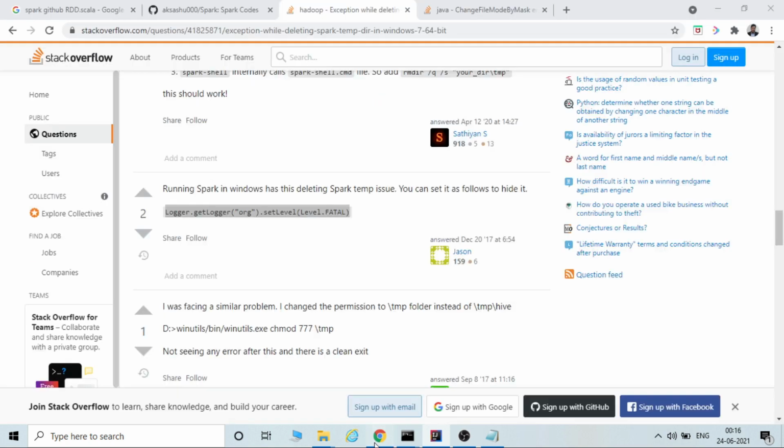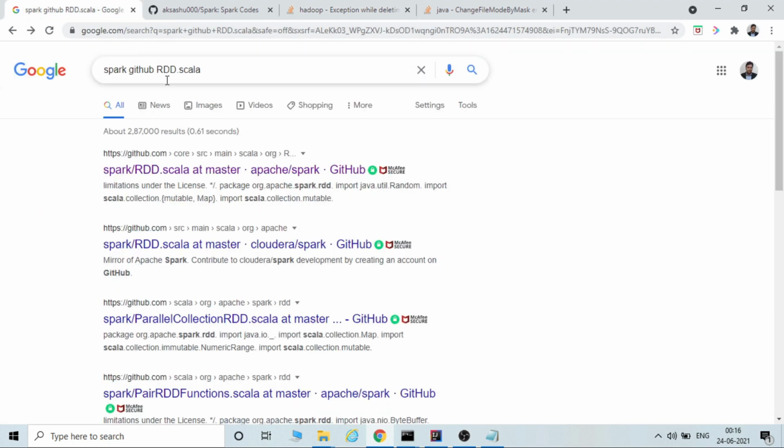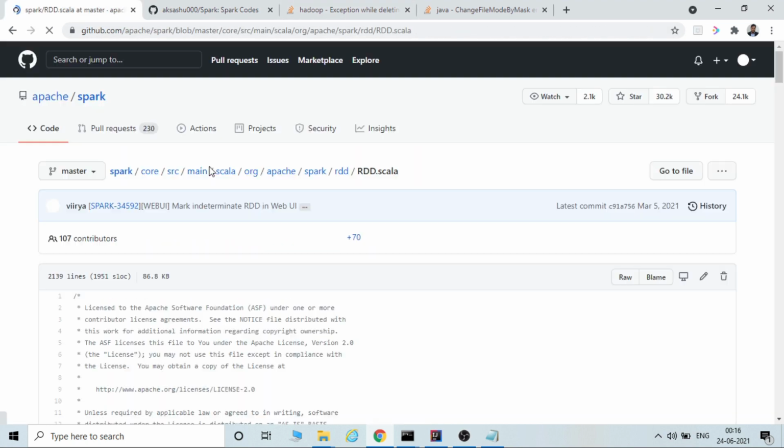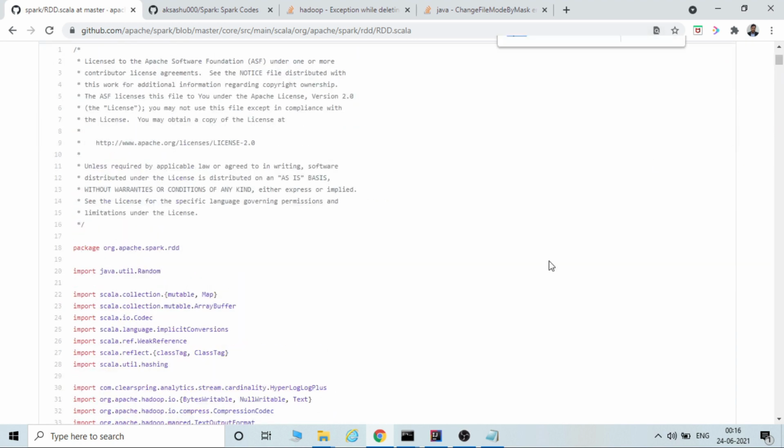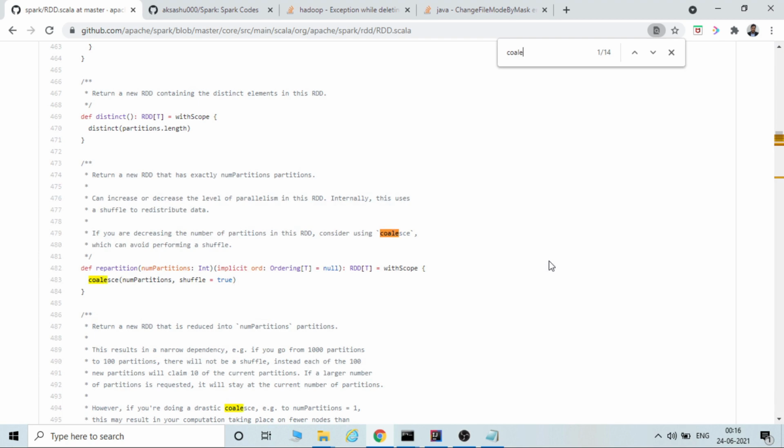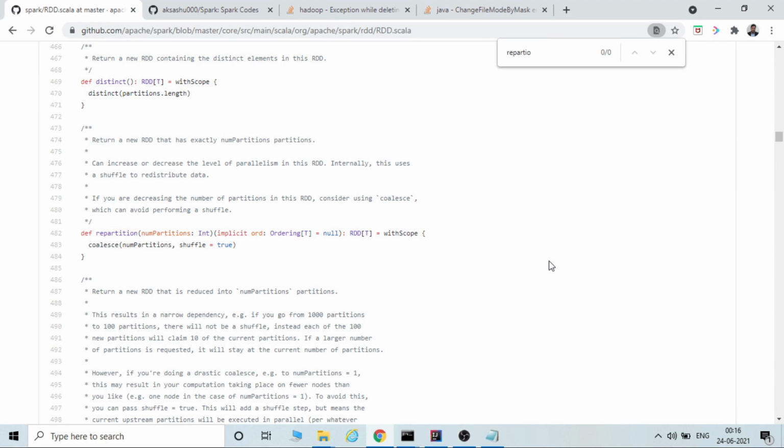If you want to see that, you can go to Google and search for Spark GitHub RDD.scala and open that. This is the Spark code, Spark master, and if you search for coalesce, or let's say we will search for repartition first. If you see the definition of repartition, let's say you are calling repartition of 10, internally it is calling coalesce with the number of partitions and shuffle equals true.